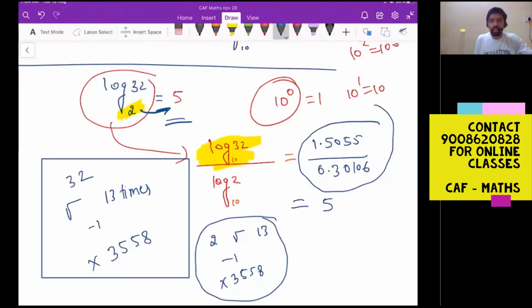If you are unable to find it out, we can do this. Convert the log into common logarithms and then try to find out the values of log using log table. Since in the exam you won't get log tables, this is the shortcut method to find out the log value in the calculator. You will get the approximate value. Done? Are you getting this?